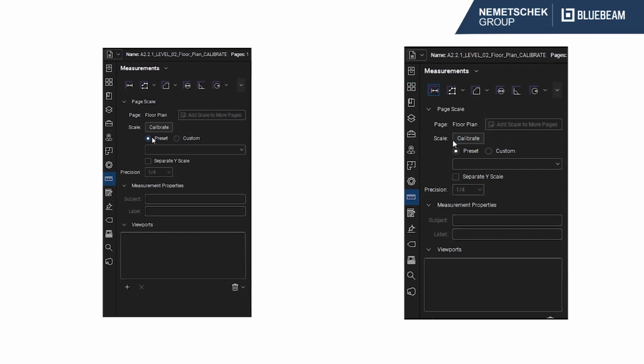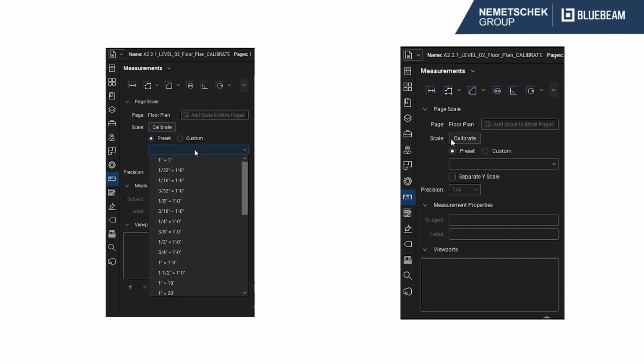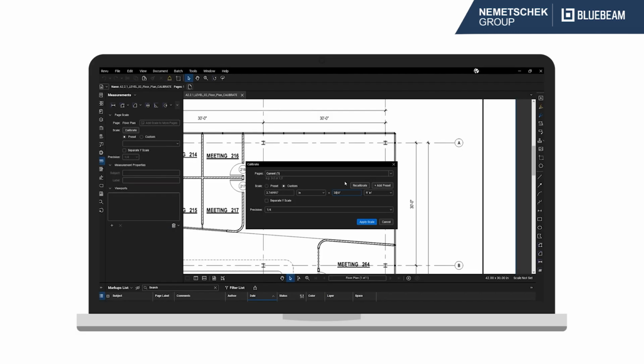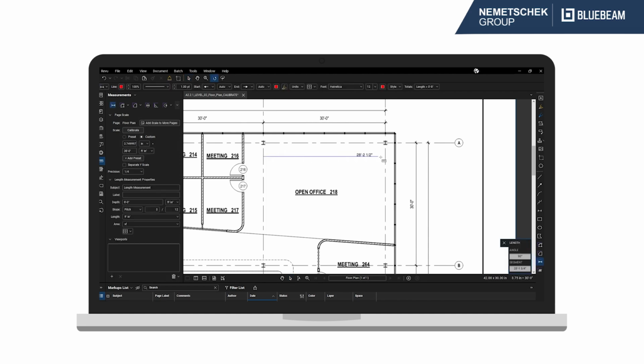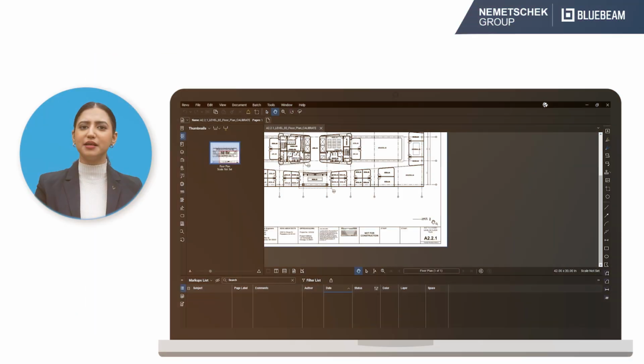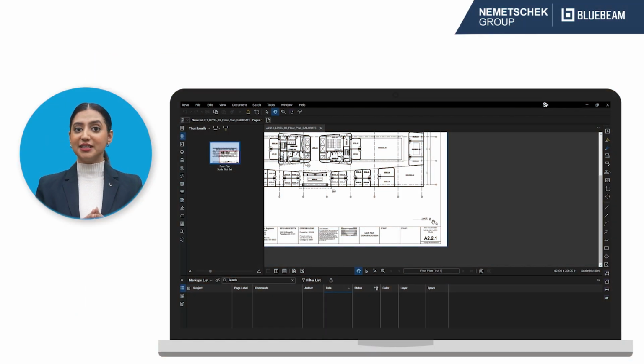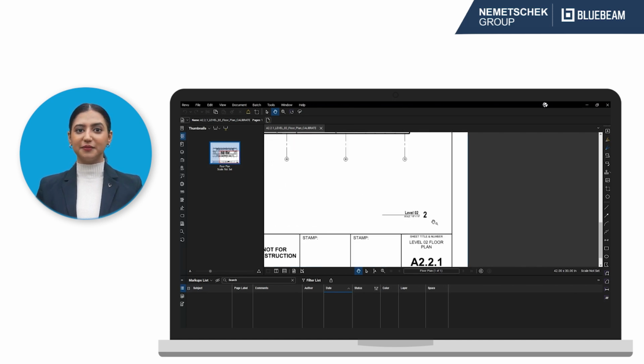Bluebeam Review simplifies the process of establishing the scale in your drawings. You can set the scale or scales of a document through several methods. Entering a known scale or calibrating to a recognized or accepted measurement to find the scale are the two most effective approaches. If your drawing includes the scale listed at the bottom of the page, you can input this scale